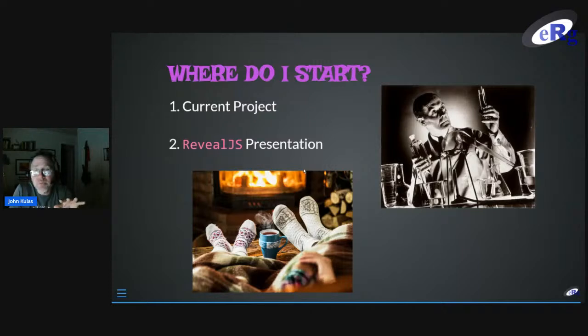My recommendation would be to use one of these comfy Reveal.js presentations. Now that's what you're looking at here. So I think tonight what we'll do is we'll get Quarto installed, and then we'll take a look at how to create a Reveal.js presentation with some data in it. So we'll actually have some dynamic elements to it in terms of reading in the data, maybe presenting that reading into the data within the file itself.